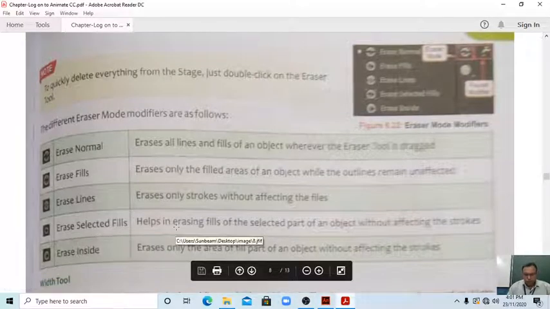Next one is erase selected fills. It helps in erasing the fills of a selected part of an object without affecting the stroke.